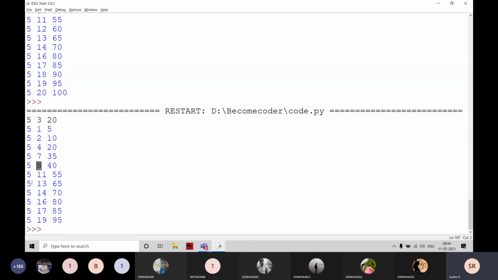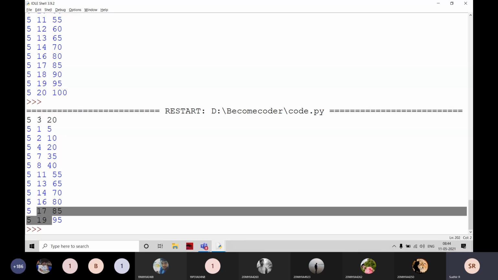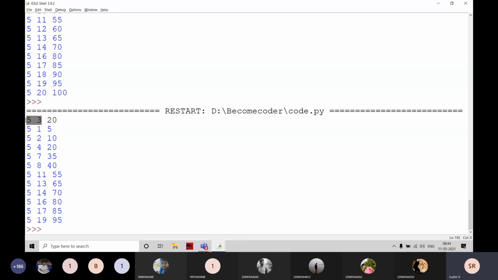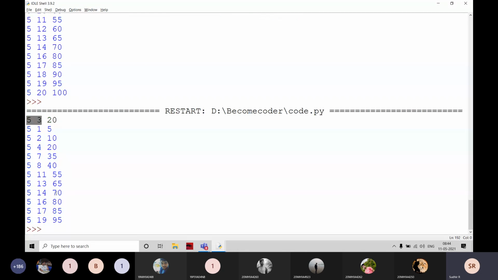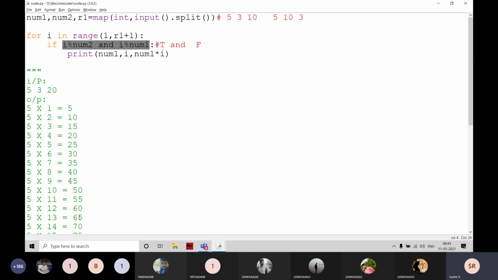Okay, did you get my point or not? 11 is not divisible by 5 and 3. 19 is not divisible by 5 and 3. Is it at least divisible by one value? For example, 20. 20 is not divisible by 3, but it is divisible by 5. That's why it is not going to print here.